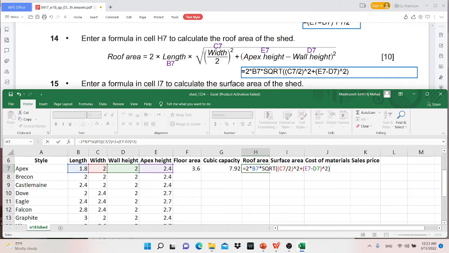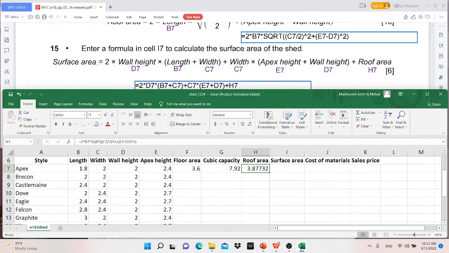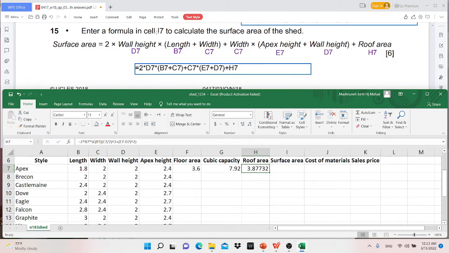So make sure there must be a big square root, a big bracket, and then open a small bracket. Okay, and then after you click enter, this is supposed to be the number. And then the next one is enter a formula in I7, this is I7, to calculate the surface area of